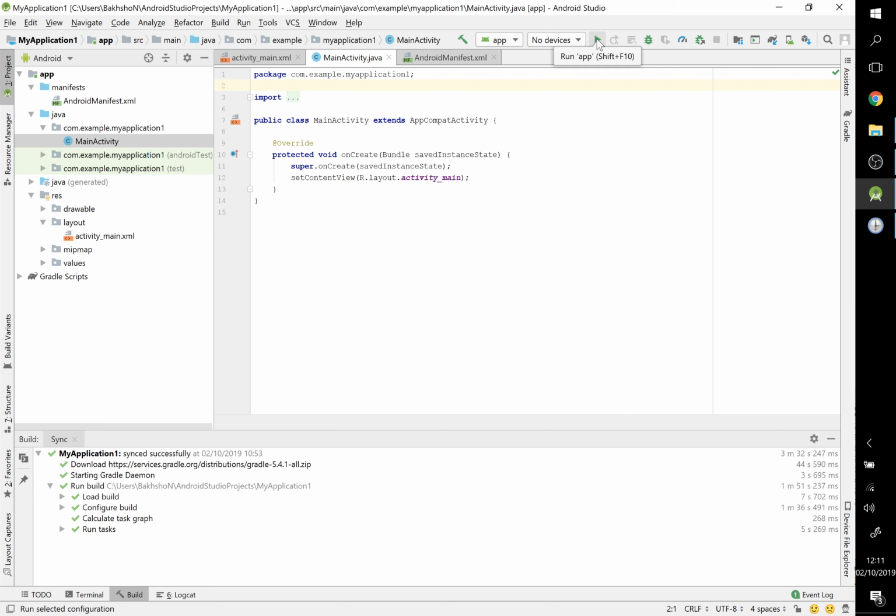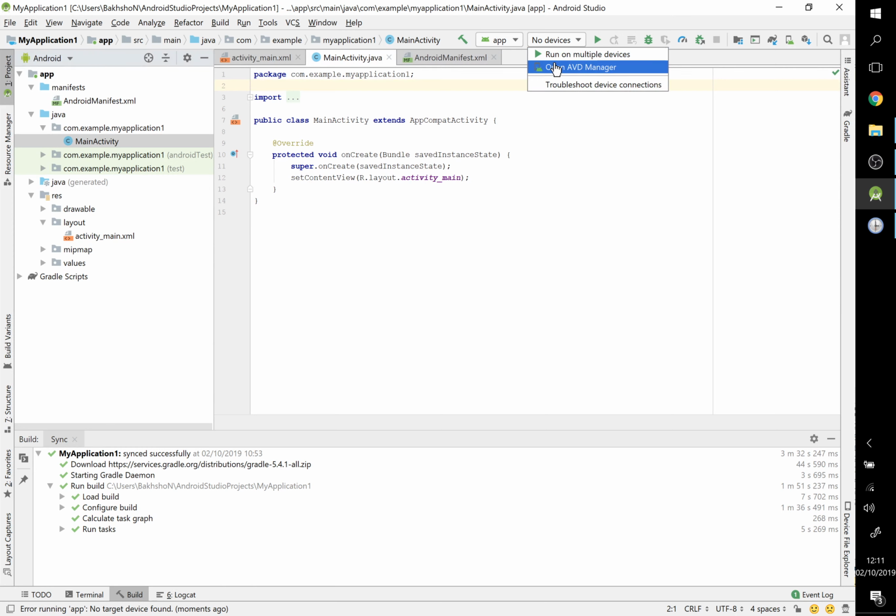configuring, what the configuration of them means, and get an emulator up and running to display what's on my activity main. The first thing I want to do then is to press the play button. So let's run it. And the first thing you'll notice is that there's a message, error running app, no target device found. That means there's no emulator, and you'll notice it says here, no device. Okay, so let's